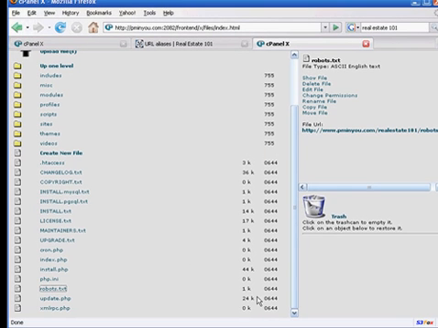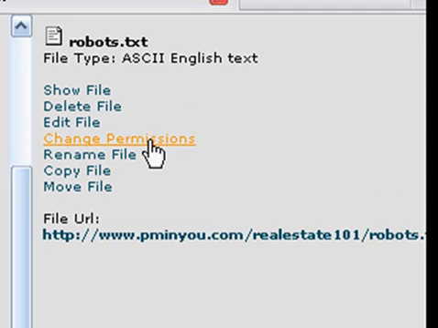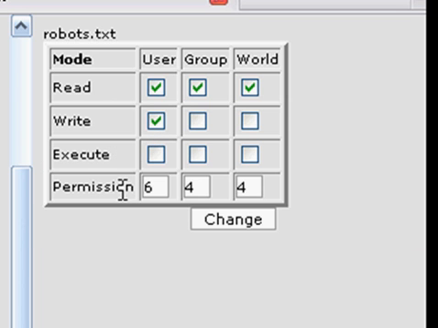then what you want to do is come over here and take a look at that, and it needs to be either 644. It's got to have a 6 in there somewhere, because 6 is telling you that you can write. If it's 666, scary number, but still it means that you can write. Well, let me just show you. You go over here to change permissions. And some FTP clients allow you to do that as well. You just right click on the file, and usually down at the bottom of the drop down list will be